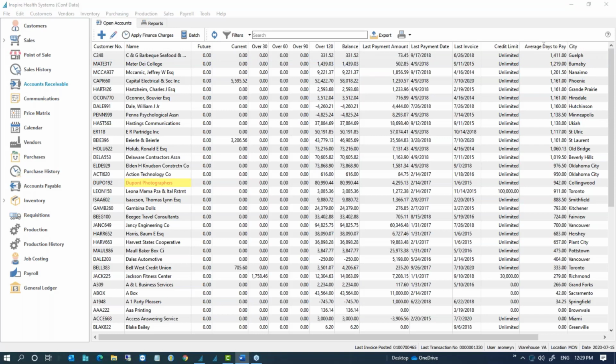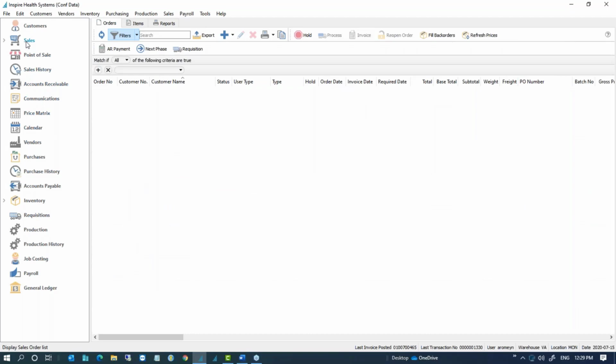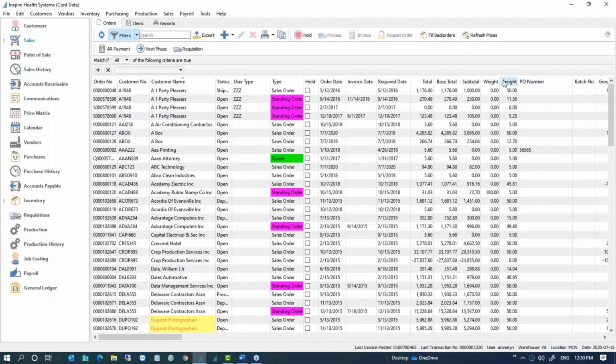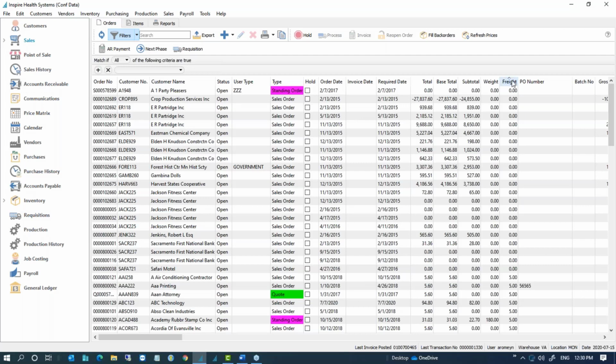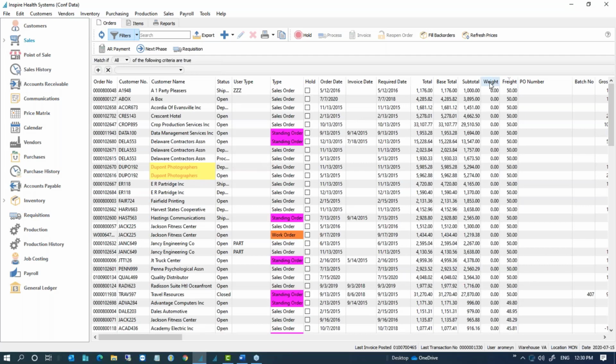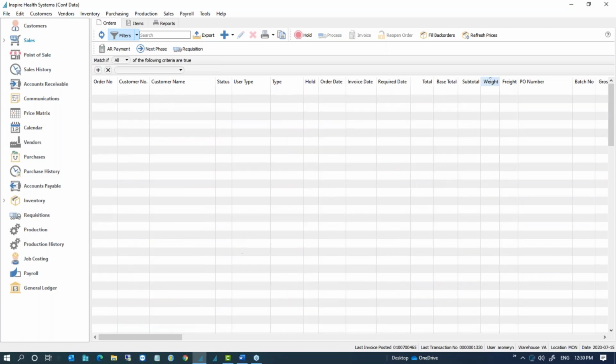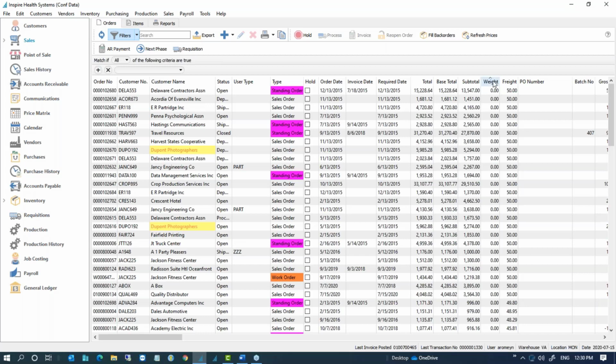Okay, we added columns to the sales orders. Let's go back to sales with weight and freight. So here are the columns: there's freight and there's weight. As long as you have the weight on your inventory, it's not going to help you if you don't. But if you have weight in your inventory, then